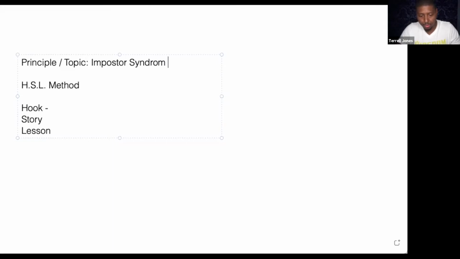So let's say that's for me, right? Because I know a lot of new coaches go through that. So my hook could be how to cure imposter syndrome. So take a second right now, take 20 seconds and write down what is the hook. Do a how-to hook and put the hook in the chat.